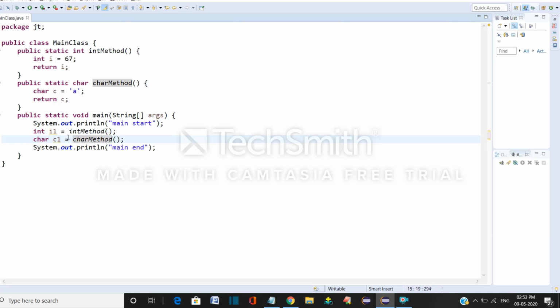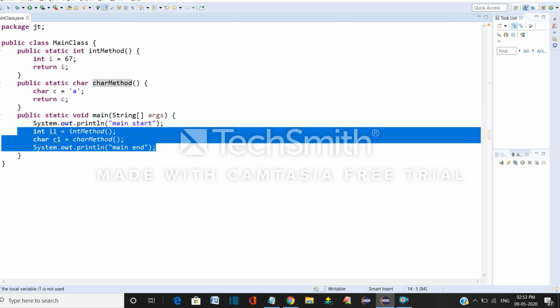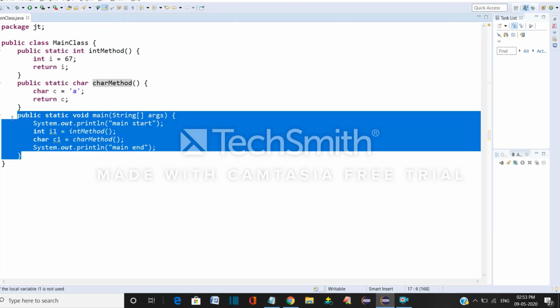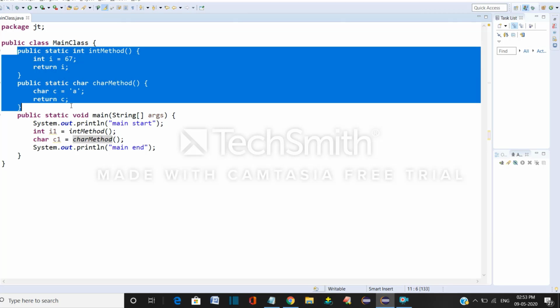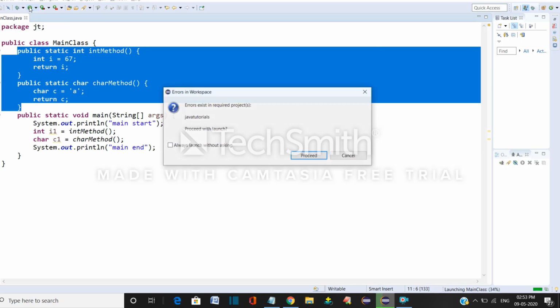Okay, see what happens now. I wrote the code of the main method and the code of the two methods which I want to call from the main method. Now I'll run. Save with Control S. Without saving, you will have this star; after saving, you will not have that star.